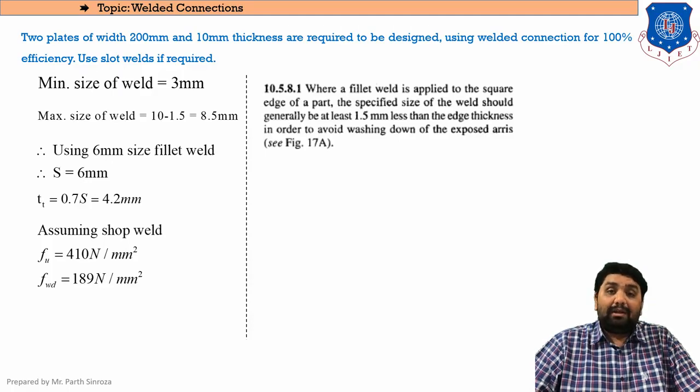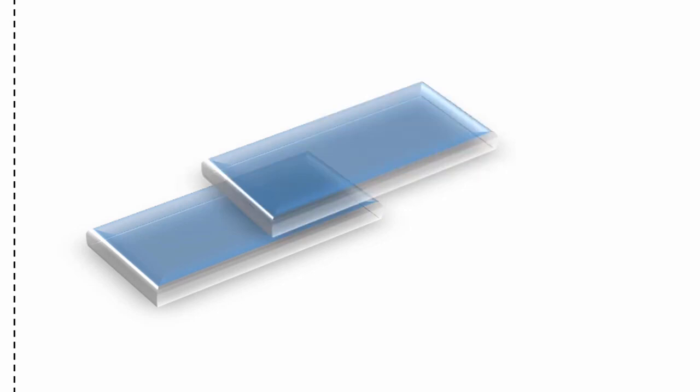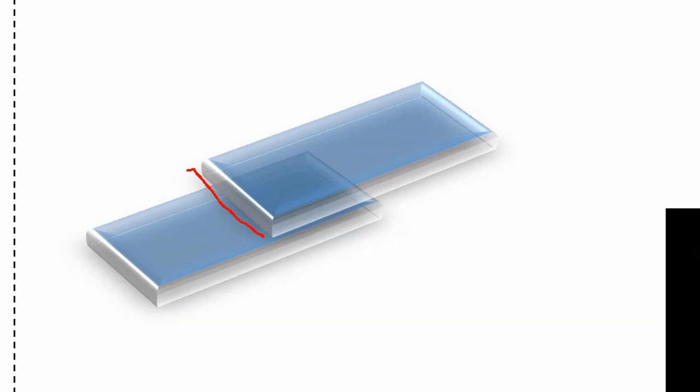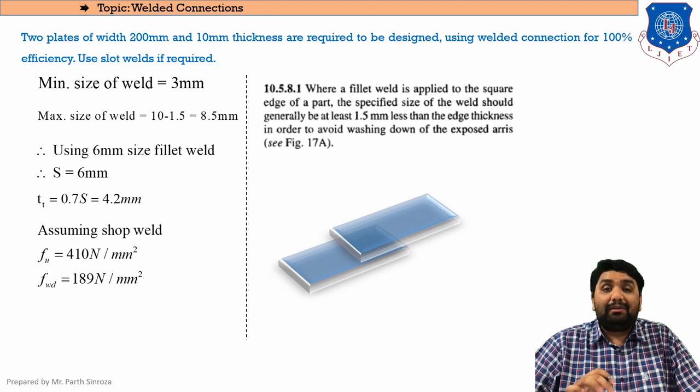So now we will be requiring to find the plates, and for that, or to find the length of weld, we can see this example. This is our first plate which is overlapping on our second plate. So you can see that to resist the maximum load, this portion is to be welded completely. Clear? On the upper side, and this length that is on the lower side, that also is to be welded completely. So the total length of weld in this case will be width multiplied by 2.